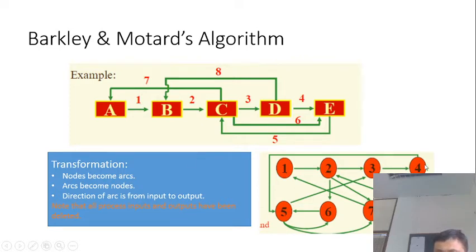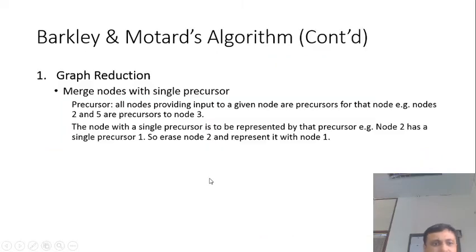So we have got 1 2 3 4 5 6 7 8 nodes equivalent to 8 streams, and they are connected with each other. If you want to write the units in between, you can write, otherwise you can just write the flow of information. Now mind well, these green are not process streams. Process streams are these 8 nodes, right? So we have to reduce the diagram in such a way that finally we are left with the set of TS streams, right? So let's quickly visit the three rules.